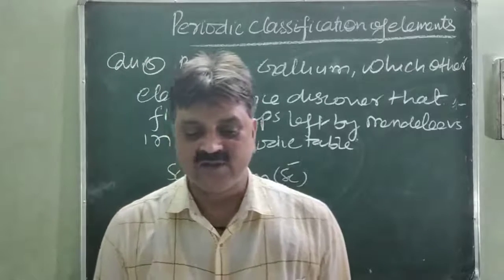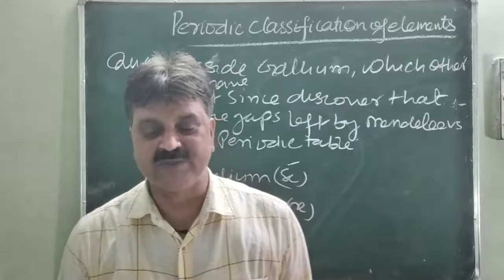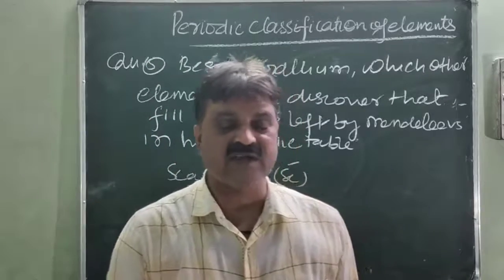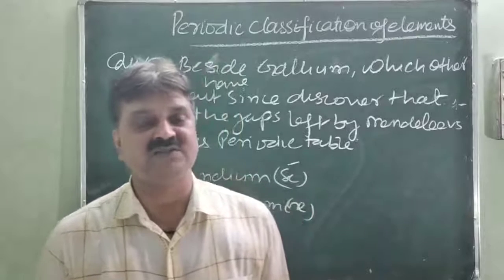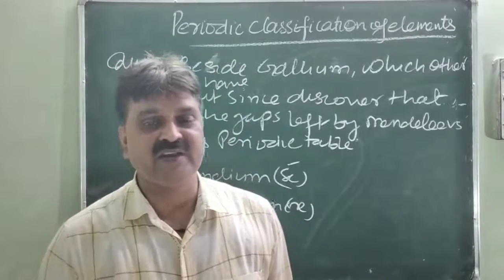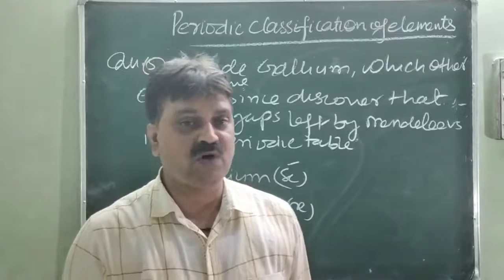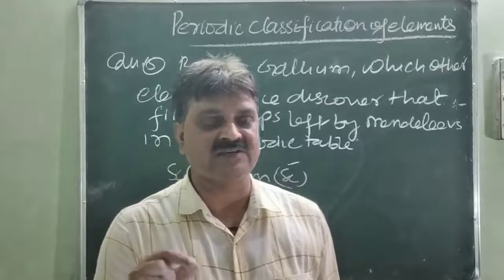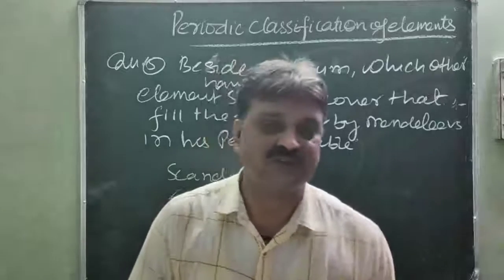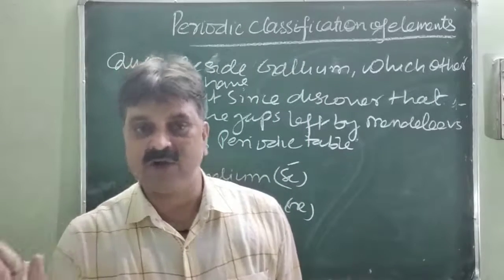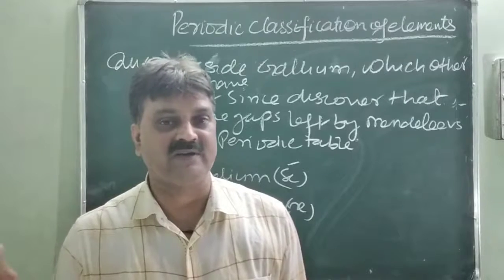Next question, question number 7: why do you think the noble gases are placed in a separate group? Because the noble gases, basically helium, neon, argon, krypton, xenon, radon, are very inert. Xenon is very inert and was found in very little concentration in the atmosphere. So they were arranged at the end of the periodic table in the P block of elements.